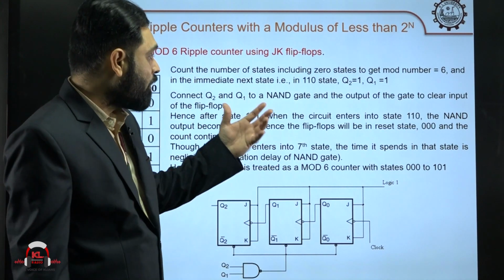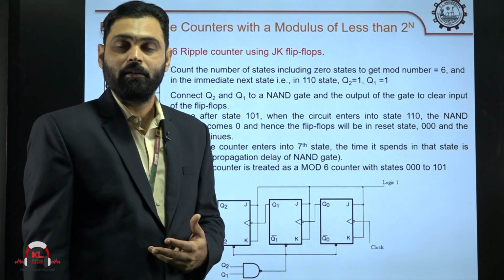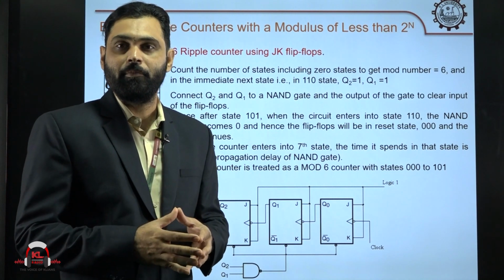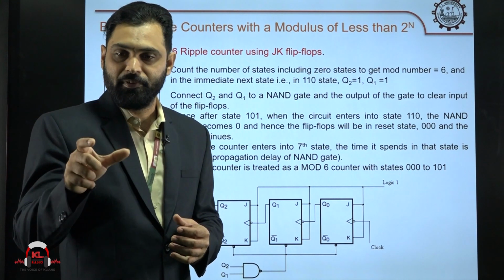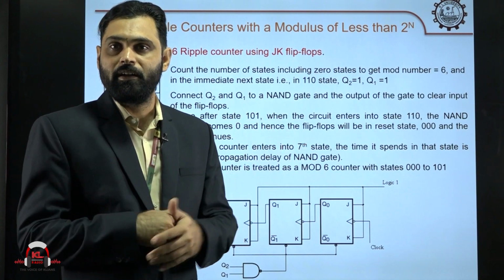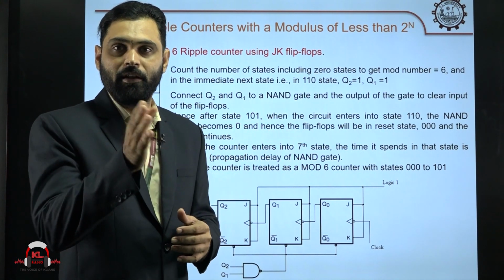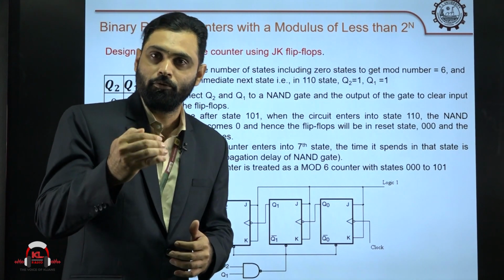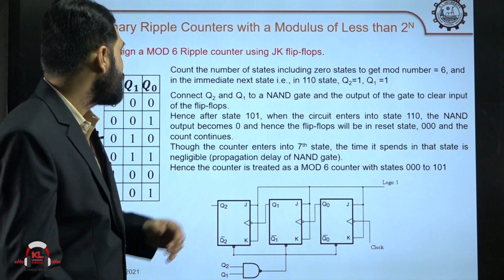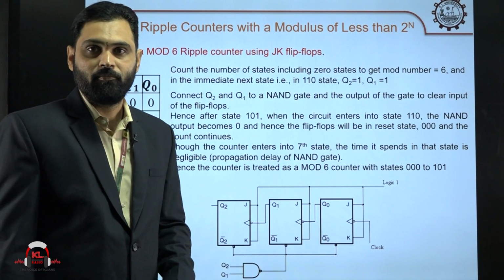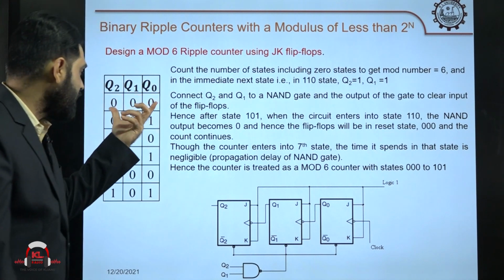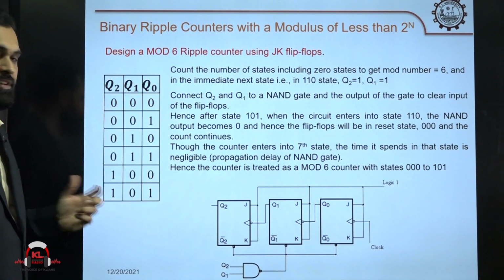But you may want to design a particular counter where you want to count only a minimum number. Suppose you have taken a 3-bit counter, it starts with 0, ends with 7. You want to count only 5 numbers, you do not want to count all 8 numbers, you want to stop your counter in the middle. That counter we call a mod counter. For example, suppose you want outputs like this.